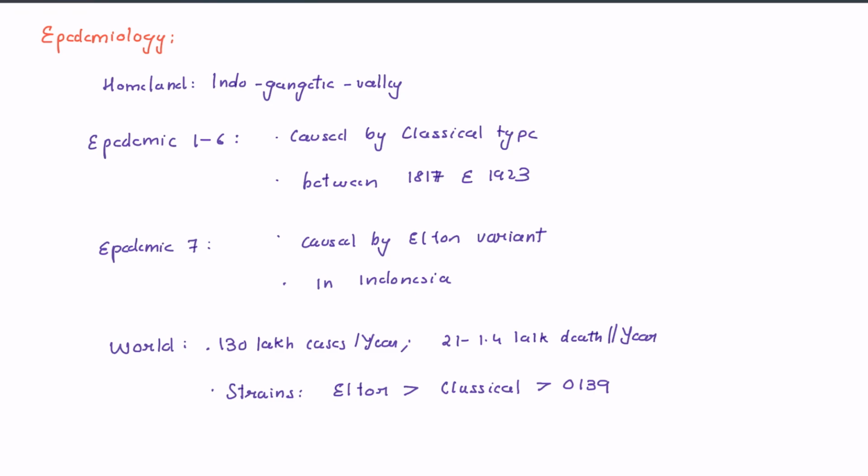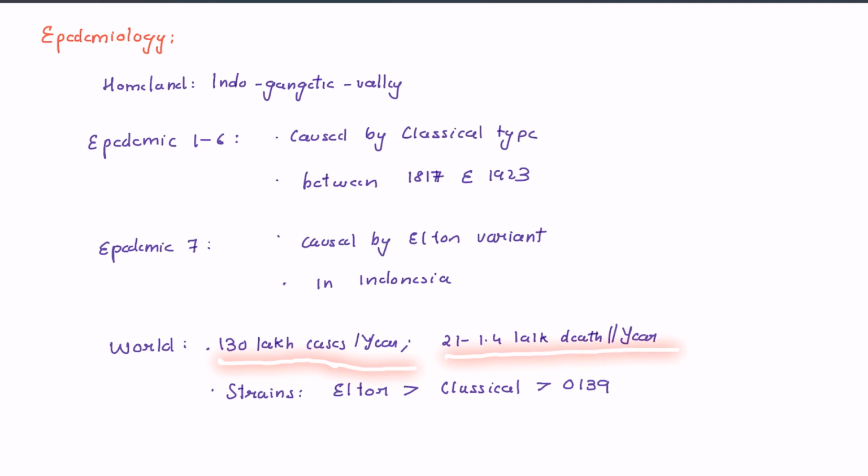Its homeland was the Indo-Gangetic Delta, that is Bangladesh and the Indian state of West Bengal. So there were 6 pandemics, 1 to 6, caused by the classical type, between 1817 and 1923. Epidemic 7 was caused by the El Tor variant and it was in Indonesia. World: currently, as of 2020, there are 130 lakh cases per year, 21,000 to 1.4 lakh deaths per year, and